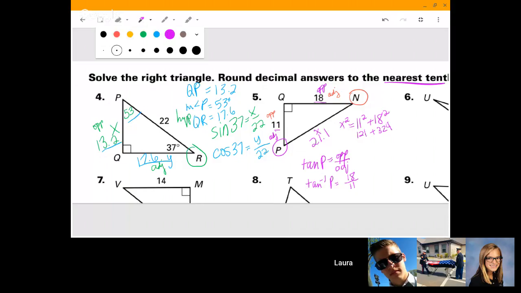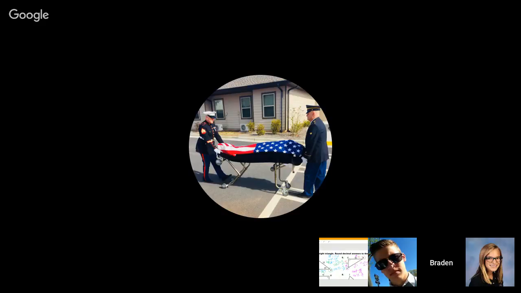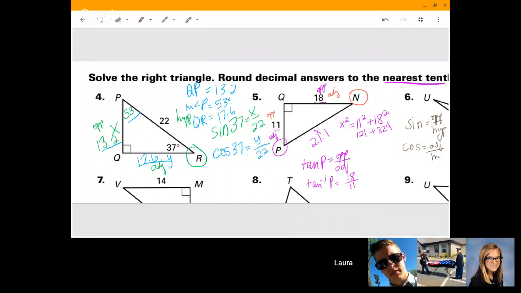But here's the actual thing: the ratios never change. Sine is opposite over hypotenuse. Cosine is adjacent over hypotenuse. And tangent is opposite over adjacent. So the reason in number 5 that we're going for tangent is because if we're at angle P, if that's what we're trying to find,